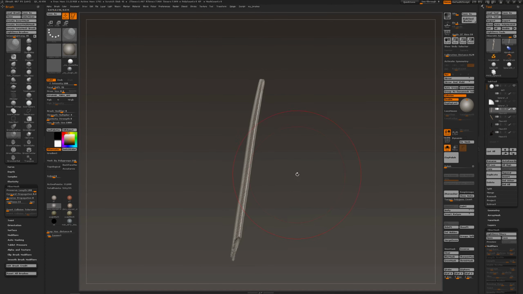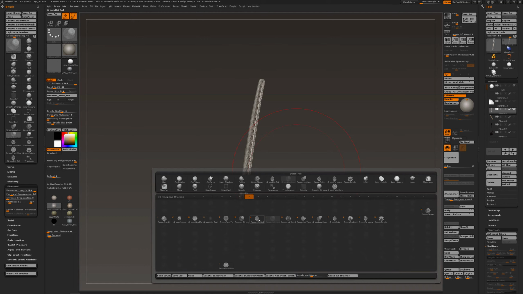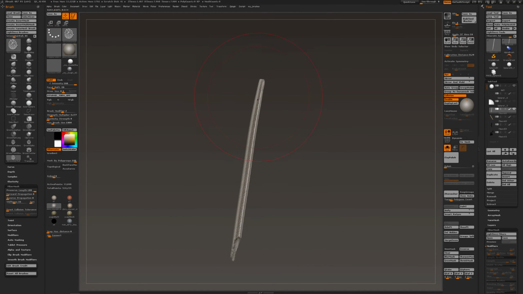It's fine. Now with the Groom Hair Ball brush, I'm going to create a ball, and the tip: in the beginning you need to apply a lot of pen pressure, but if you lower your pen pressure at the end, then the ball will become less big. So if I click and drag right now, you see I have a big ball, but with less pen pressure the ball becomes